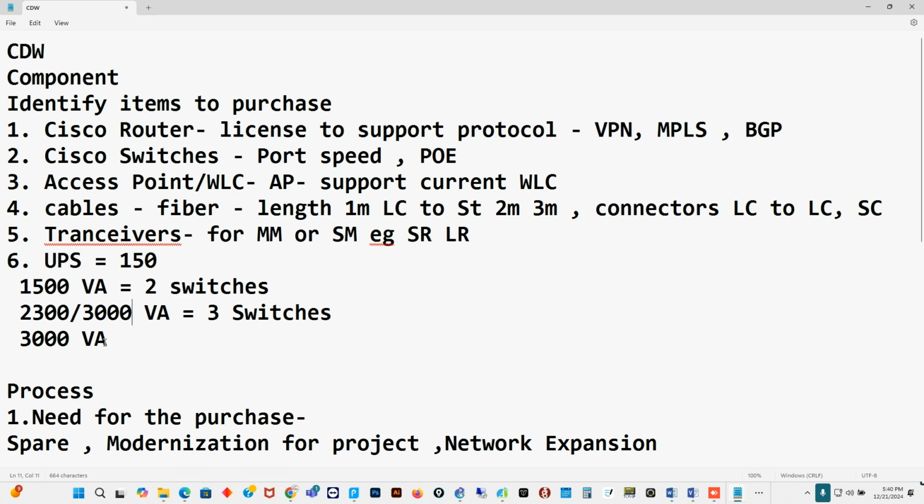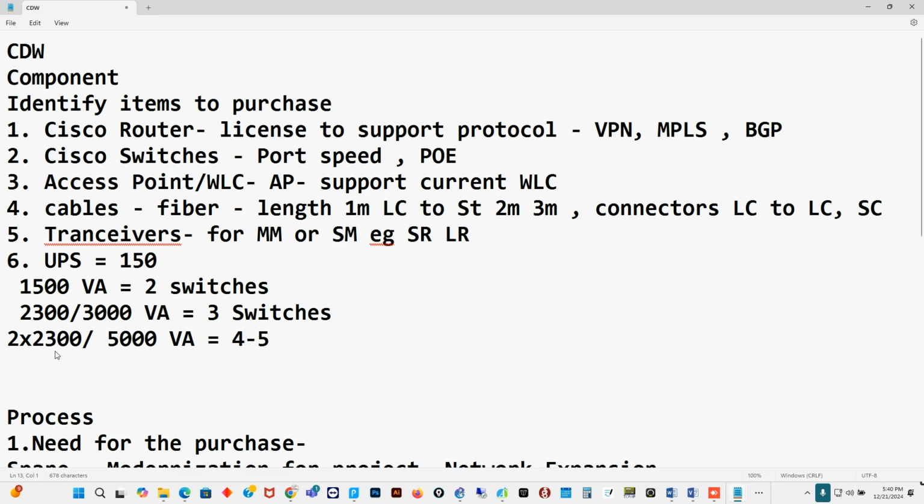Now I'll go for either 2 of this 2300, or we have 5000 VA if I'm dealing with switches of 4 to 5. Okay, and then when I'm dealing with 6, I'll go for, let's say, 3000, 2 of them,